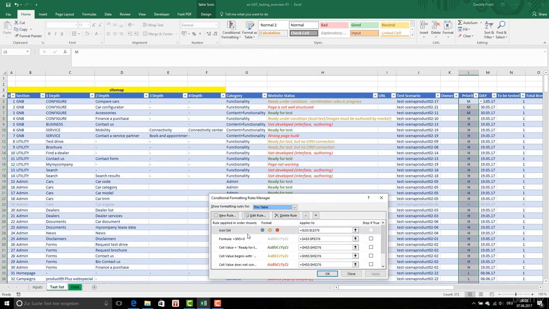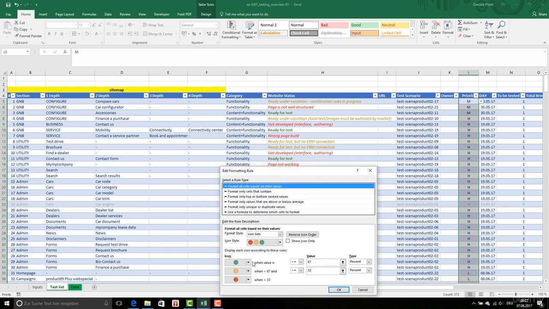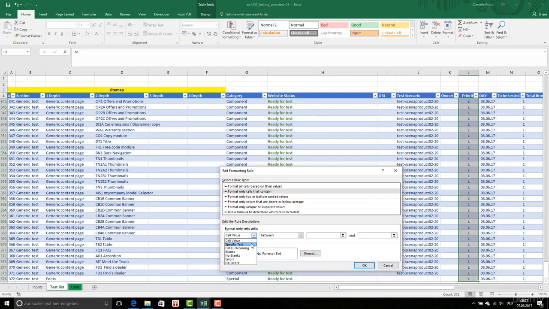I'm gonna manage the rule here. I can set, okay, edit rule. This when the value is formula, the value is low, and this is medium. Specific test